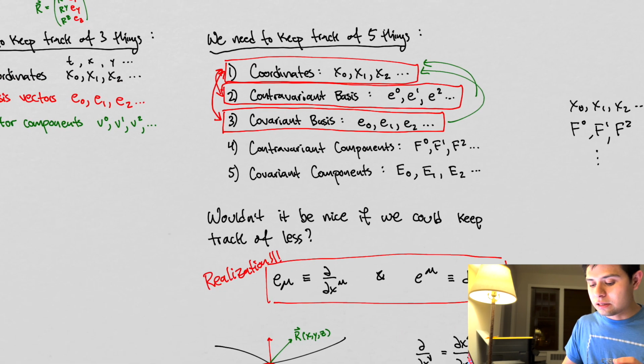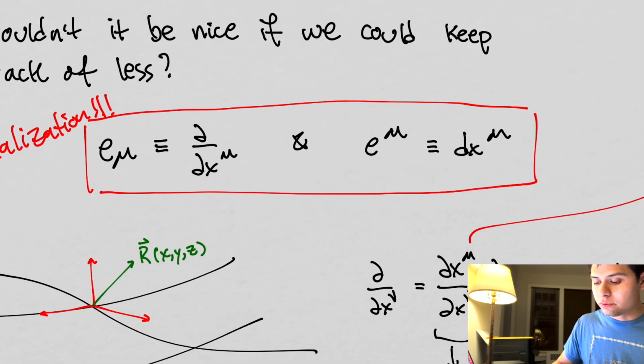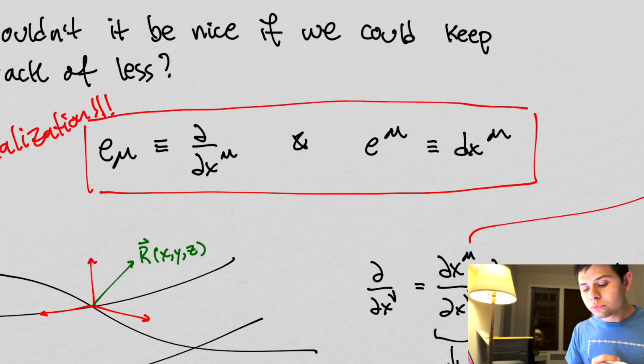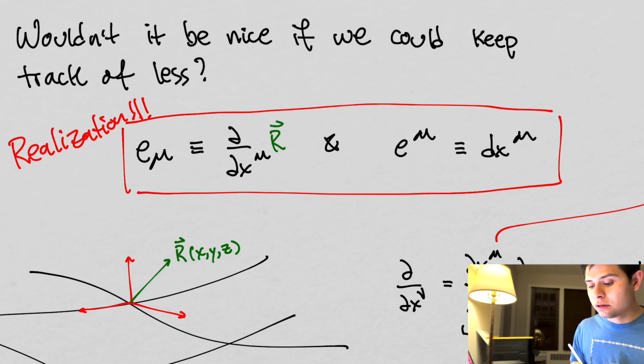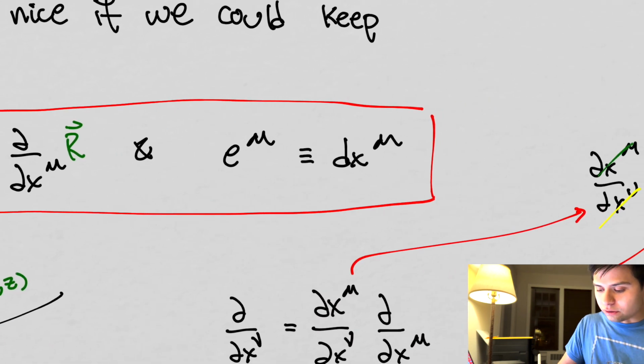But this is, again, the point that we want to make in this video, which is that we've come to a realization that we can use operators as basis vectors, right? And this is going to be this guy here. This is an operator, right? This is not a vector. It only becomes a vector when we act on a vector with it, right? Likewise, this guy here, this thing is essentially meaningless unless we have,